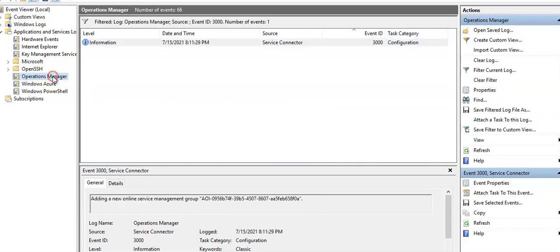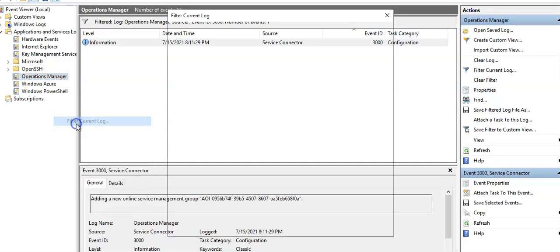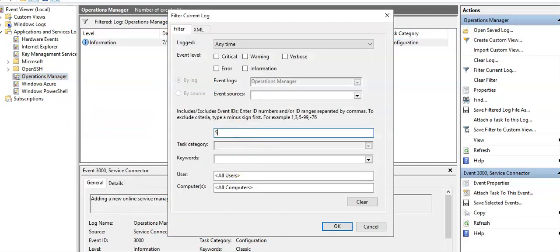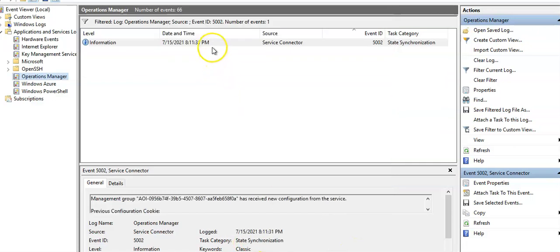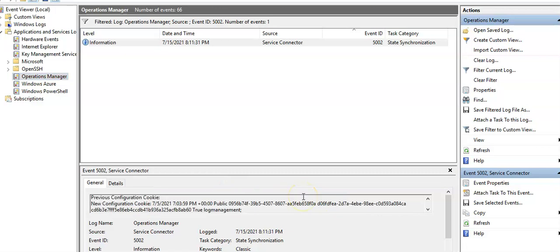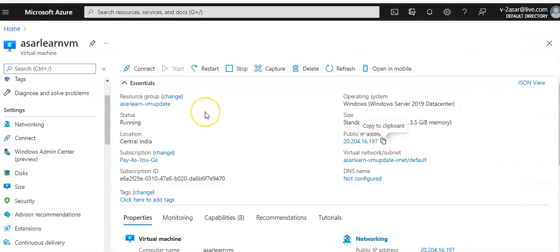Okay. And if you go search it for 5002, management group has received new configuration from the service. It is successful. So this is where you confirm that it is connected to the workspace. So if you go to the portal, here's your portal,